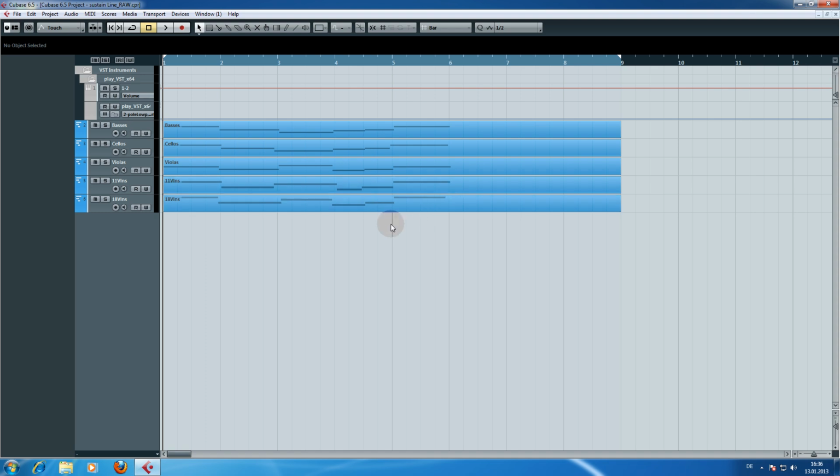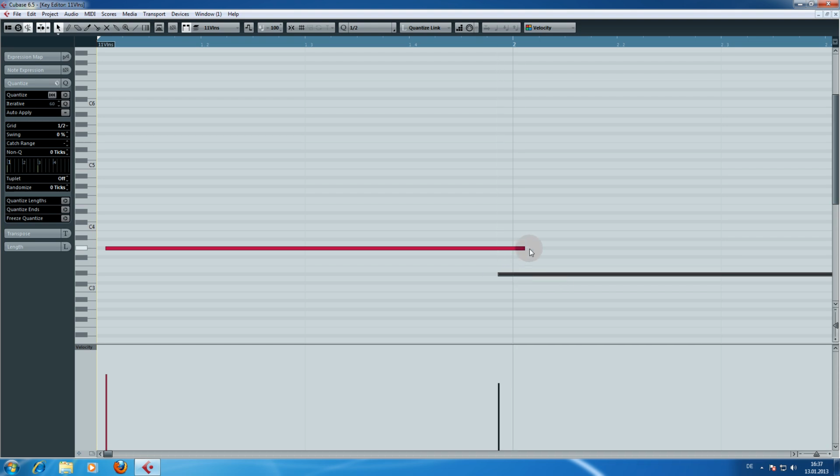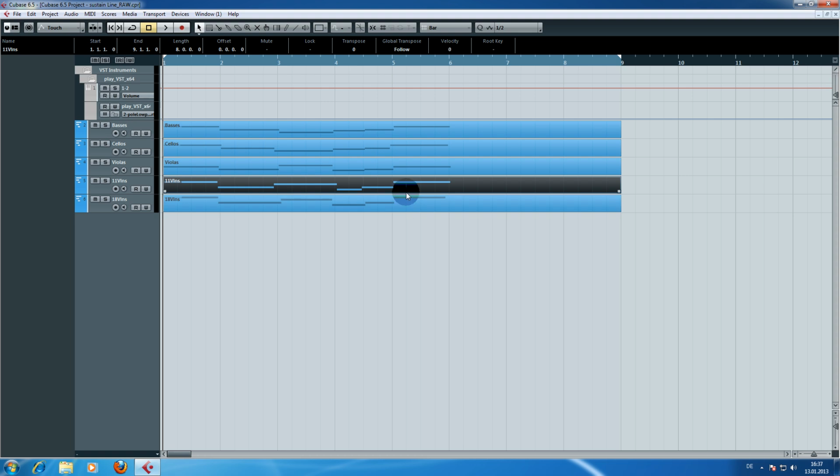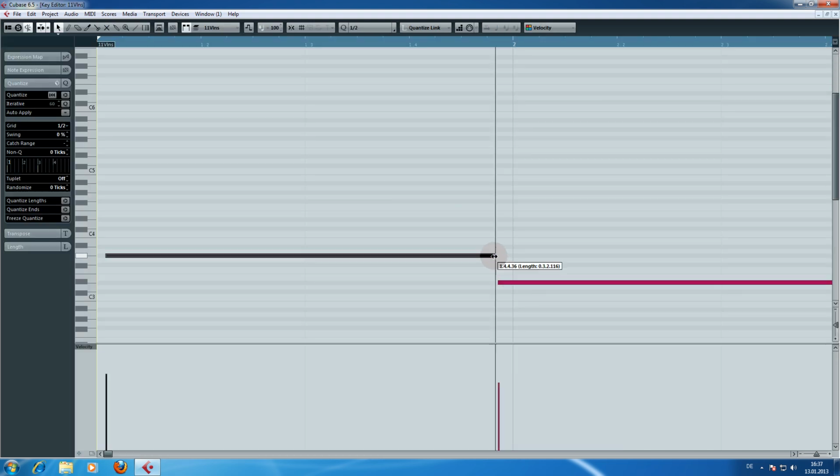Okay, and one thing that we can also see here, when we offset, is that we can sometimes offset them the same way, so that actually they start nearly at the same time again, just a little bit offset. And we can see this right here. If we take a look at these violins, the violas, basses, and the 11 violins, they start nearly at the same time. So we can go in and change this, and we should really change this, and I think here even more,